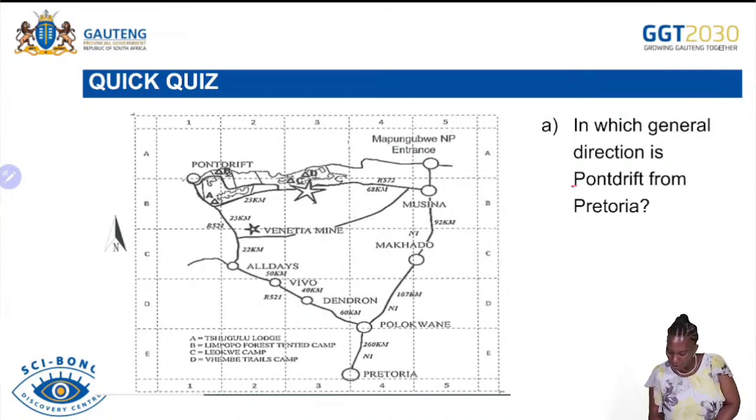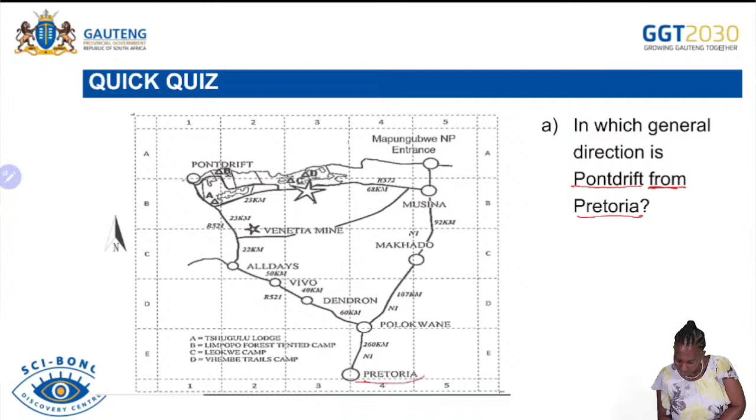So what are we looking at? The Pond Drift from where? From Pretoria. That means I need to go to Pretoria, because it says from Pretoria. This is where my Pretoria is. Remember, Pretoria is the name on the site, but it's indicated here on the map. And now they want you to identify where the Pond Drift is. Pond Drift is here,